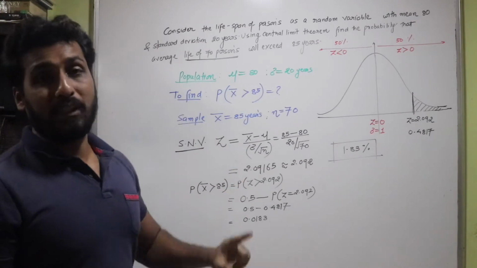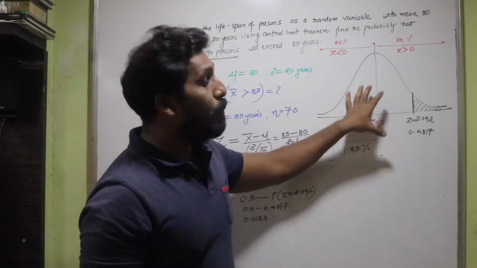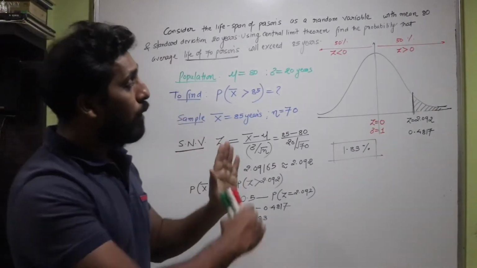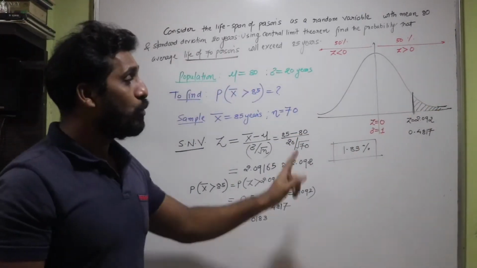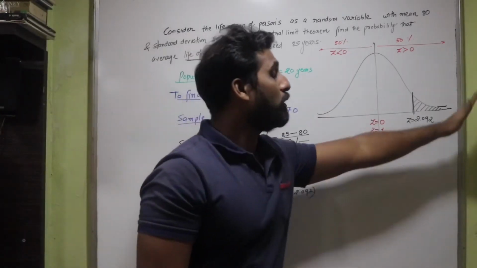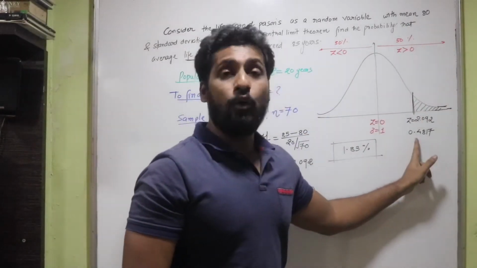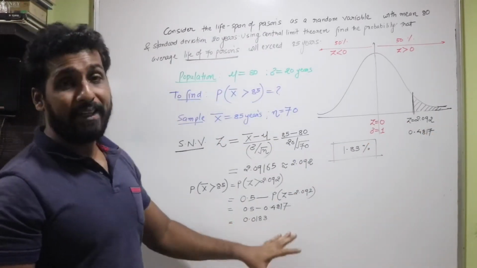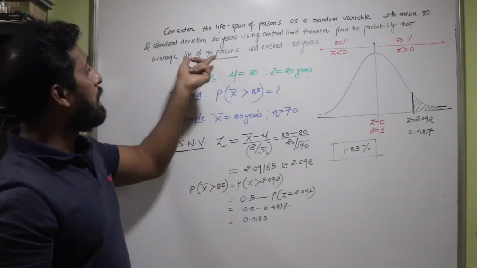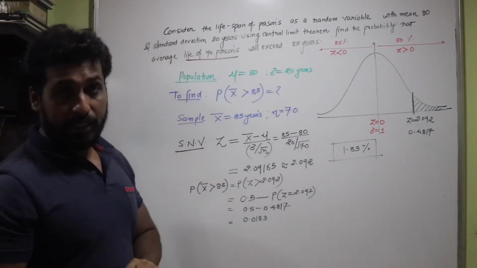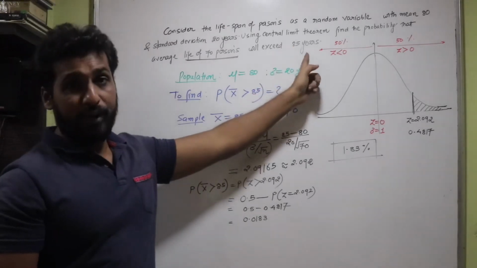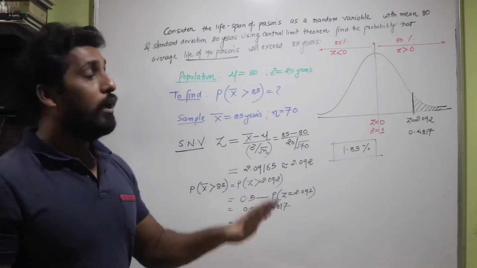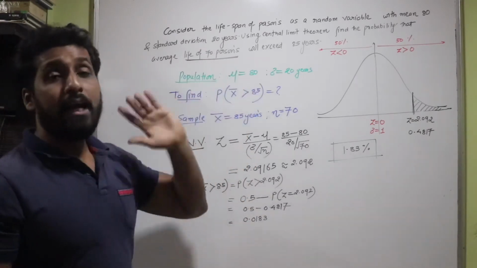Then, according to the question, you have to understand what part of the graph must be taken. In this question, we have to take the part of the graph which is beyond the value of Z, which was 2.092. So I did 50%, which is 0.5, minus the value that came for Z equal to 2.092, and I got the answer as 0.0183. This is the probability within the 70 persons of having a life expectancy exceeding 85 years. That means only 1.83% of people might have a life of more than 85 years.